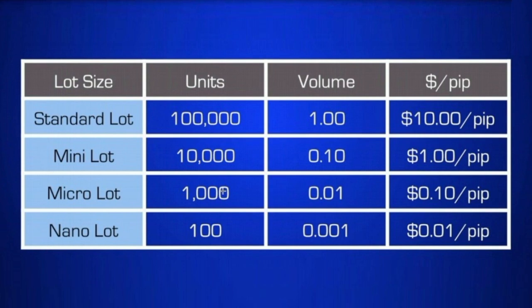Once you know the money you are using, it will determine your lot size. So if you are using huge money, you'll be considering 1 lot size. If it is not too much, you'll be using 0.1. And if you are using 1,000 units, you'll be using 0.01. Or nano lot size, you'll be using 0.001. So these are the profits, these are the volume, and these are the possible profits you'll be making based